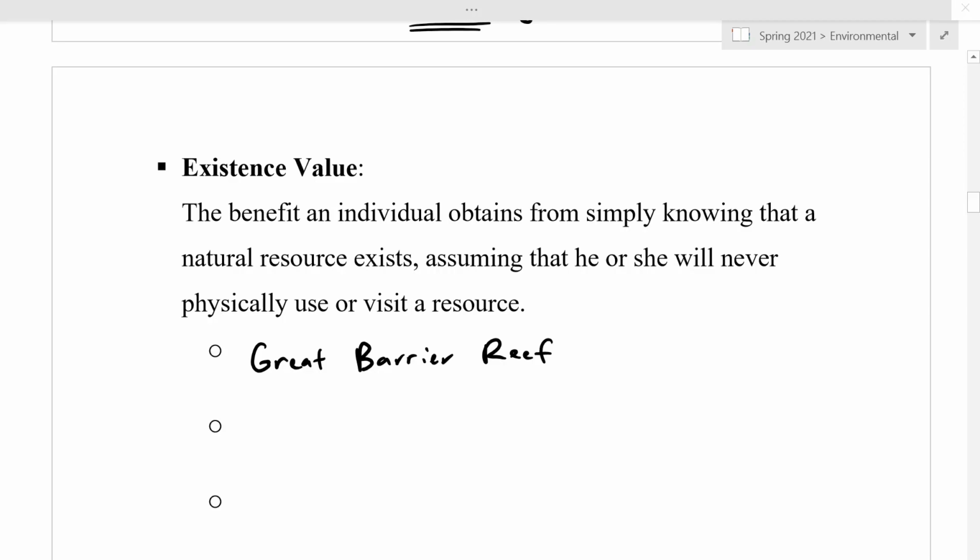So other examples here, polar bears. I may never go see a polar bear. I may never think any of my children are going to go see a polar bear. But I still may think polar bear or other different types of species around the globe are important. So I can assign it existence value. And then finally,